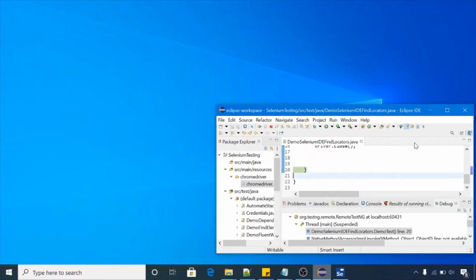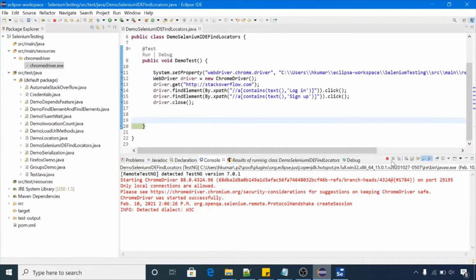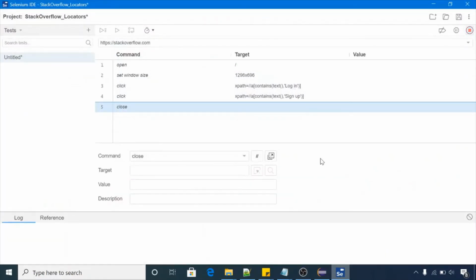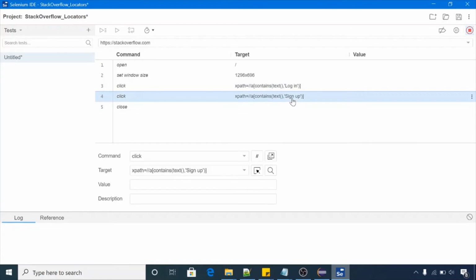Okay, so have a look, it's clicked on. We got accurate locators. Okay, it's not like that we are getting some broken elements from Selenium IDE. These locators are working fine. So using Selenium IDE in this way, you can find the locators for your WebDriver script. Okay, we are finding a locator for login button, sign up button, and you can find the same for all the locators like email text box, password field, right?